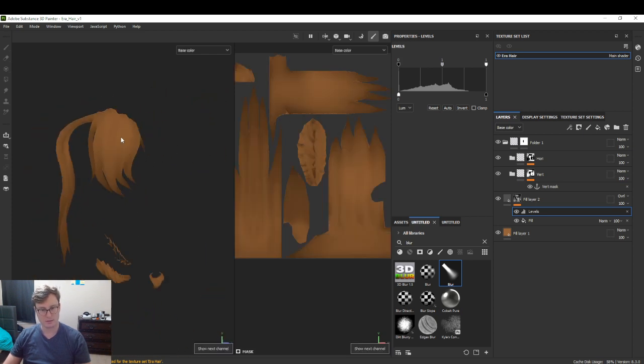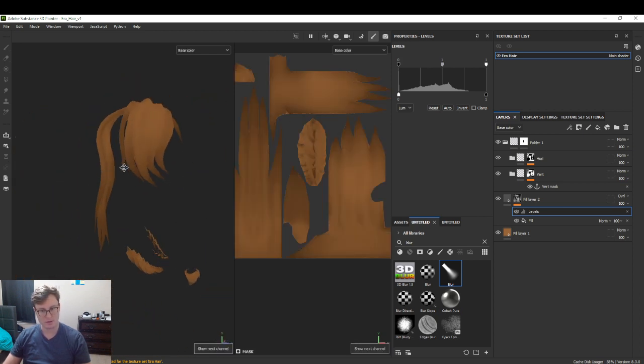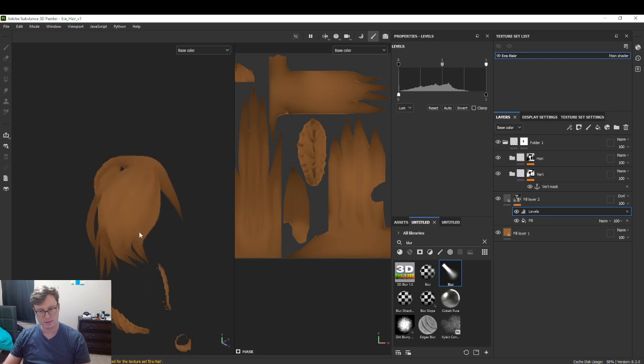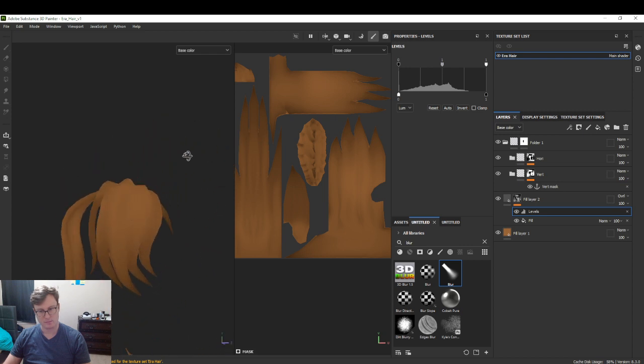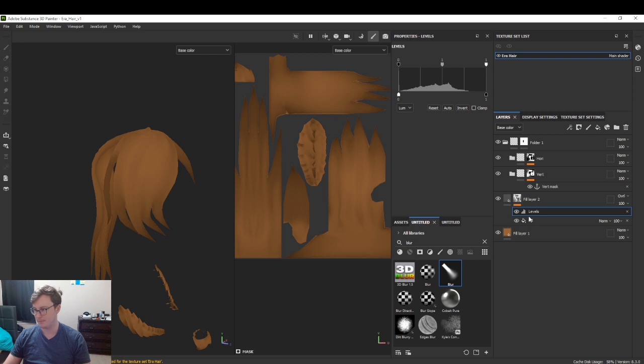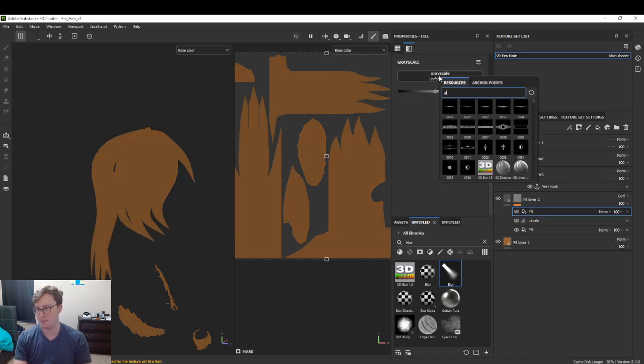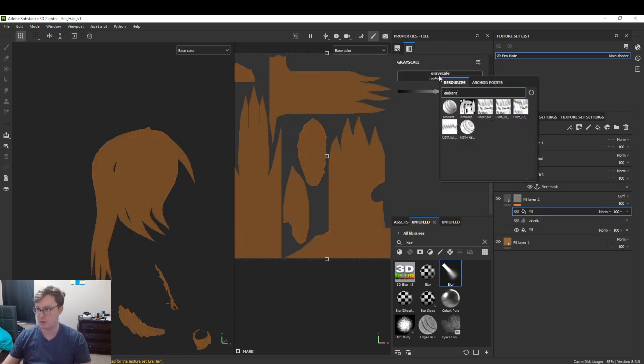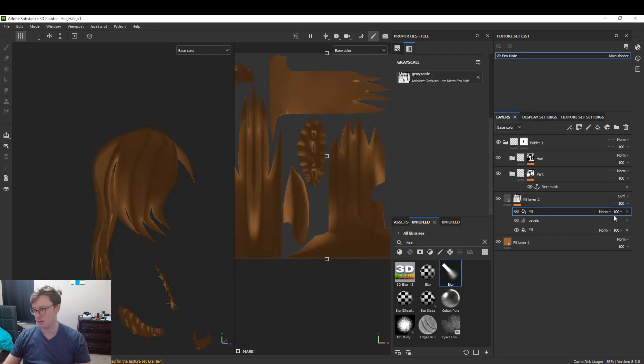All right, I like that. Just a soft fade. That looks quite nice. Then we'll add another fill. Let's put the ambient occlusion here again. Set to